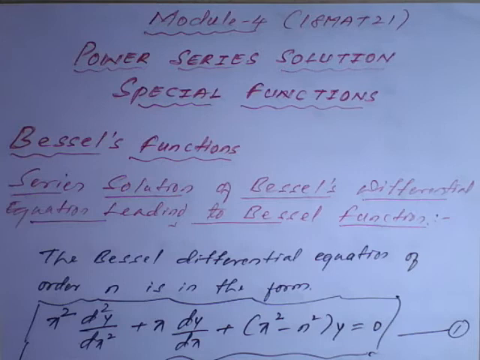In today's class, we will continue module number 4. In this module we have two parts. In the previous part, we have seen two concepts, convergence and divergence under infinite series, and two theorems, or I can say two tests: first Cauchy's ratio test, or Cauchy's test, and another test, the D'Alembert ratio test.